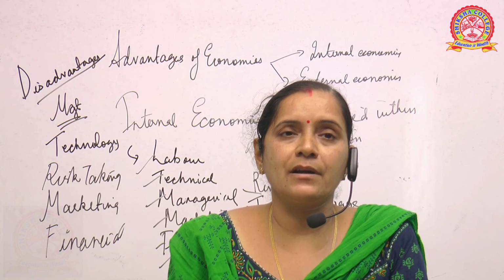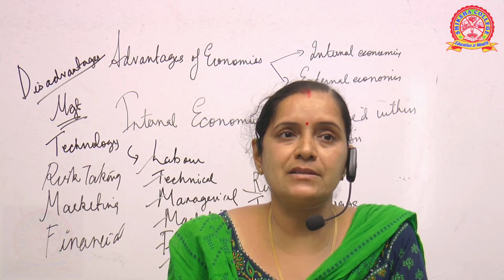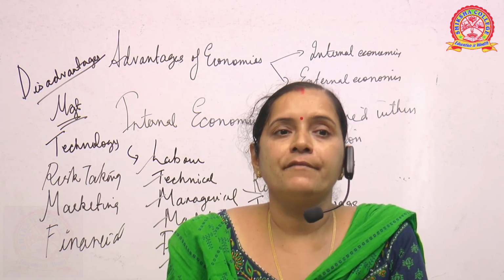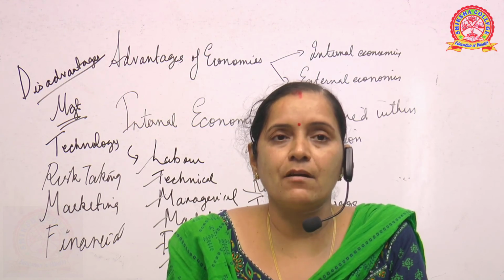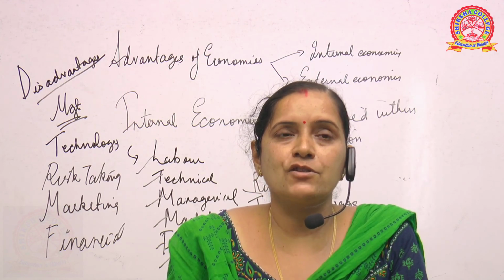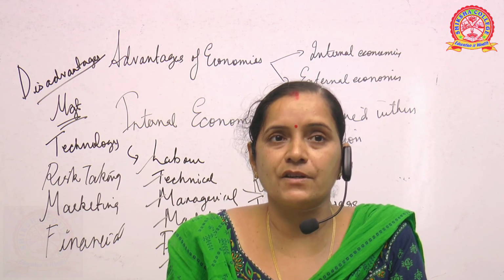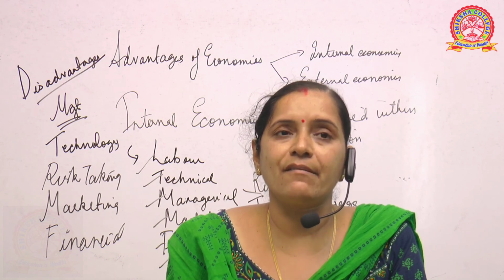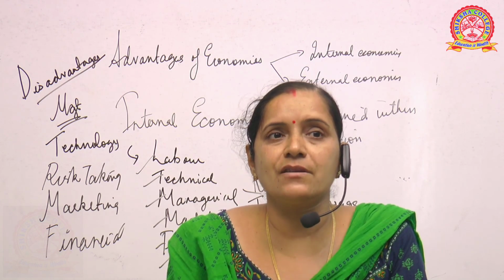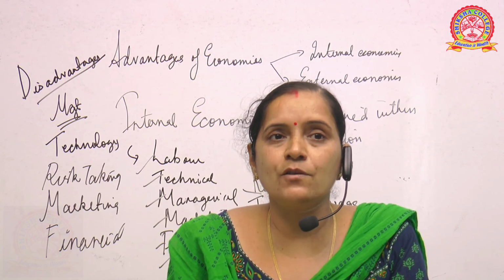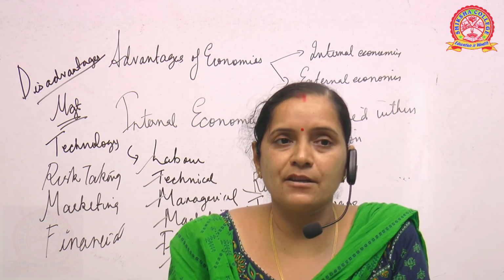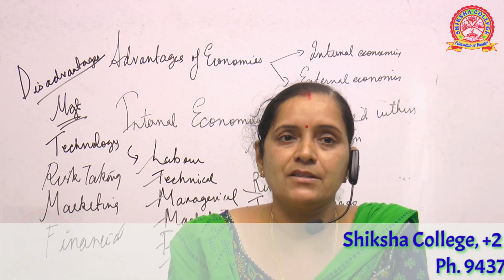So before closing my session, I'll tell you what we discussed today. Today we have finished a discussion regarding the various types of cost: real cost, money cost, economic cost, social cost, private cost. Then we discussed what is cost function, that is short run function and long run function. Then at last we came to discuss internal economies and what are the advantages and disadvantages of internal economies. Next class we will be talking about external economies, and what are the advantages and disadvantages of external economies.